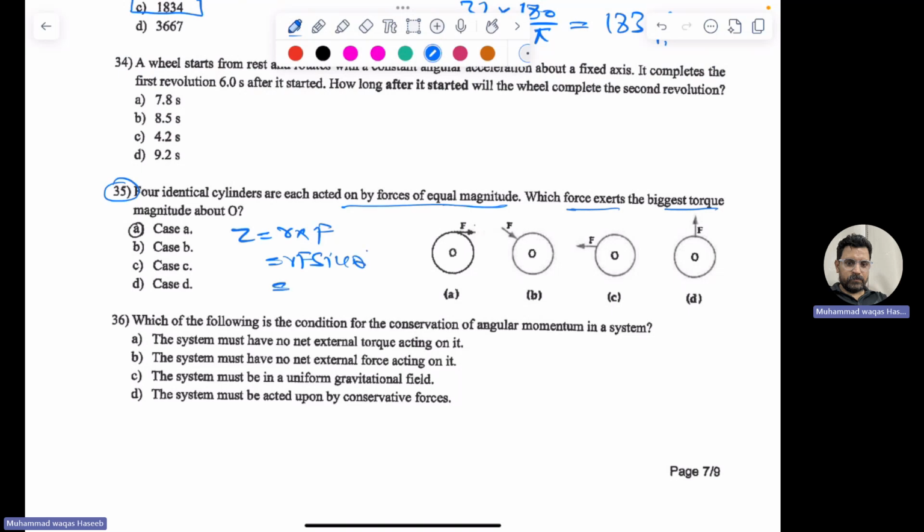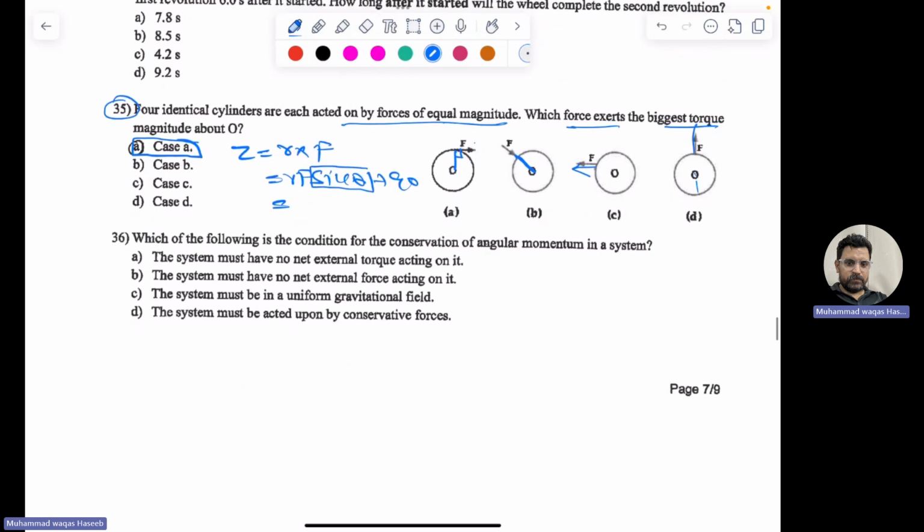So when theta is 90 degrees, it will give the maximum or biggest torque. In that case, theta is 90. In that case, they are the same, and the opposite is opposite as well. So in case A,